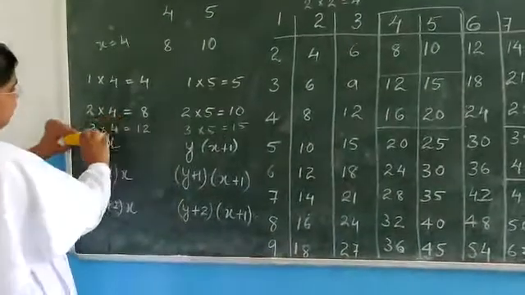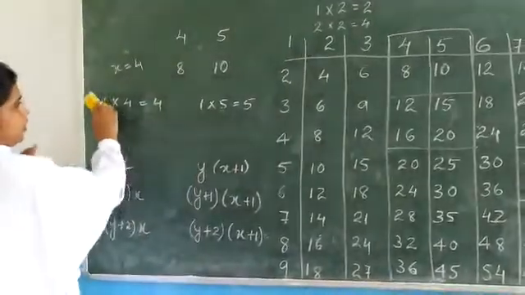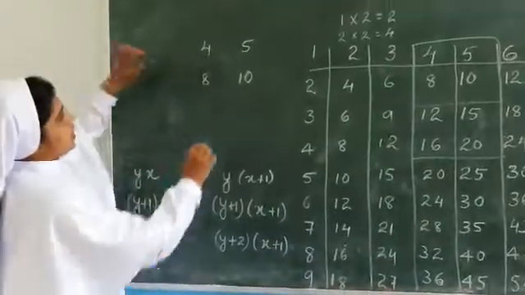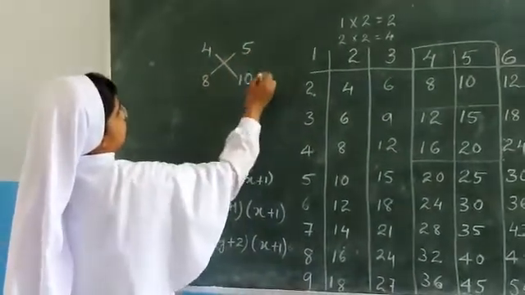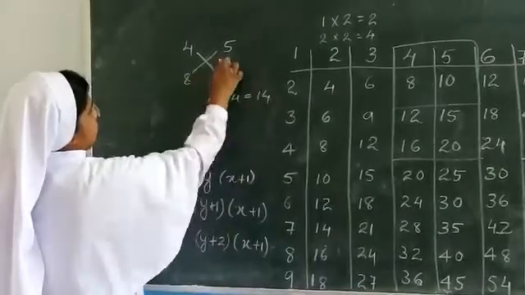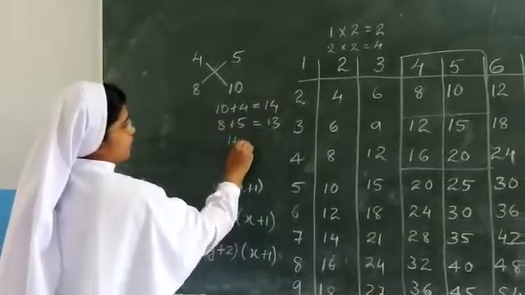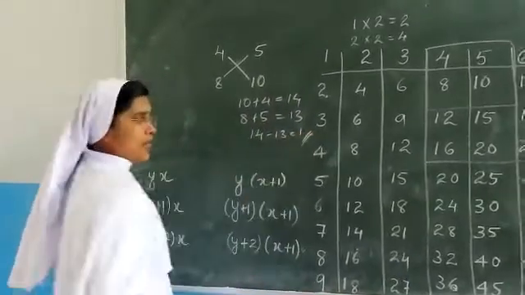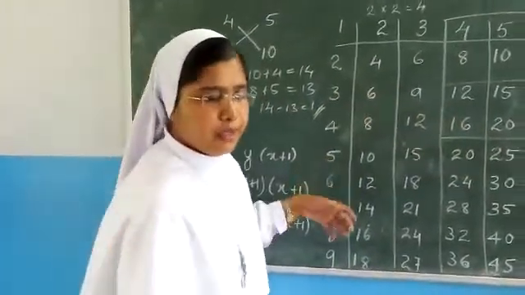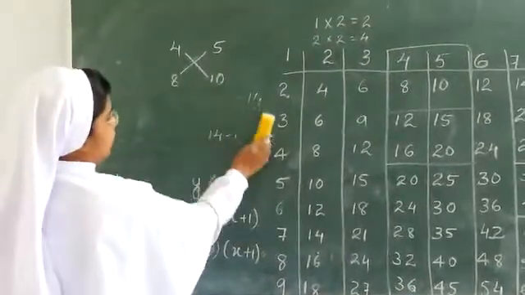So now we have to make a comparison. We have to find out an algebraic equation. Now let us see first here. Let us add the diagonals. 10 plus 4 is equal to 14. 8 plus 5 is equal to 13. And the difference, 14 minus 13, is equal to 1. This is what we got in all the problems when we were taking the square of 4 numbers. Now let's see when we do the algebraic equation. When you simplify it, you have to see whether they are getting the same or not.